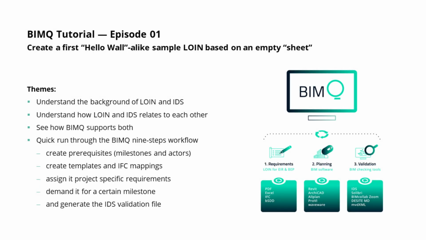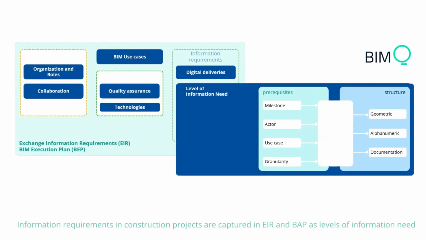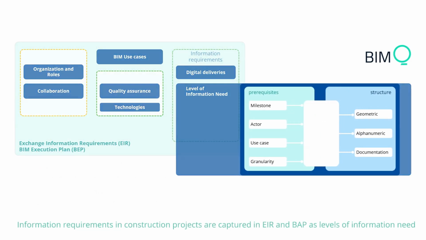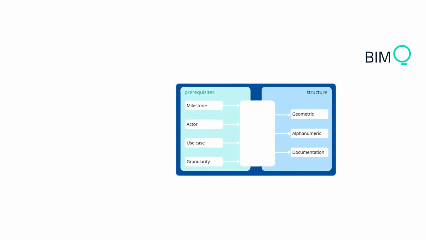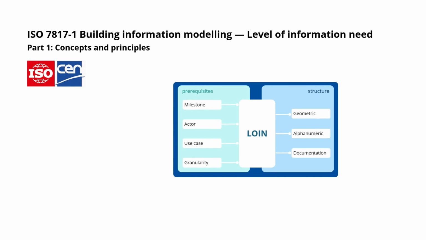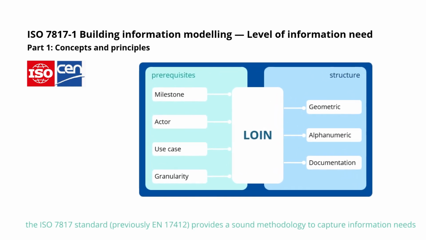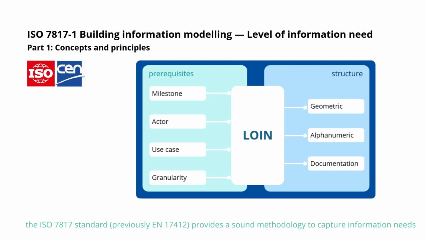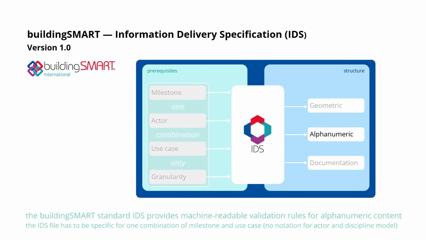So welcome to the first episode of our new BIMQ tutorials, and we will start with a very first Hello Wall sample that shows you how you can use BIMQ to create the level of information as needed, for example, in exchange information requirements or BIM execution plans. It uses the new ISO standard 4 level of information need in its complexity, but also supports the new Building